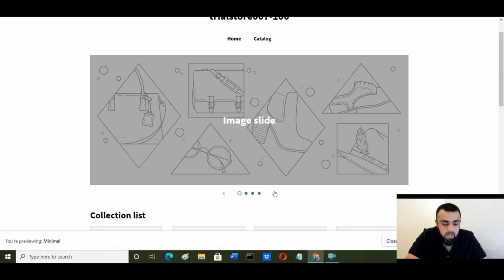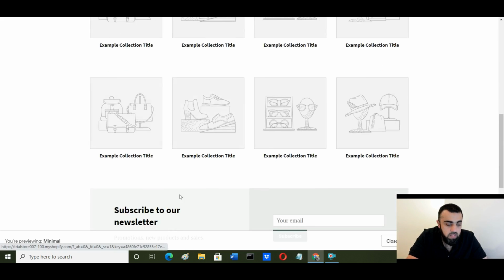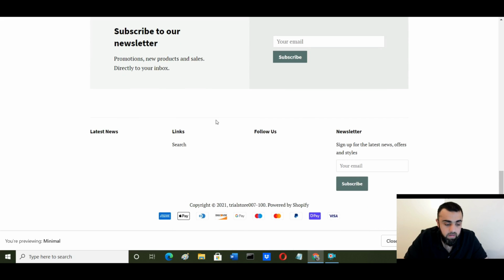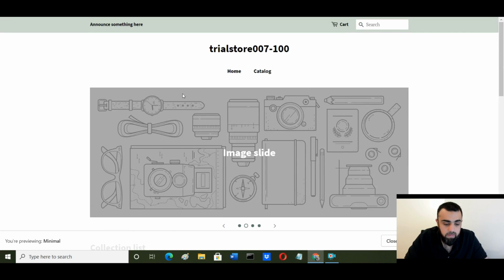so there you go. So you have got your image slider here. So you can have your hero pictures here, or your offers over here, things like that, which are clickable, and your customers can get attracted to your products, or your collections, or your themes and stuff like that. Okay, and then you have your collection list, and then you have your products list, then you subscribe to your email list. If you collect your customer emails, and you contact them, and if you have your own blog, this is absolutely brilliant. You should always have this at the end. And then you have your latest news, links, and followers. Basically, it's a very clean and clinical